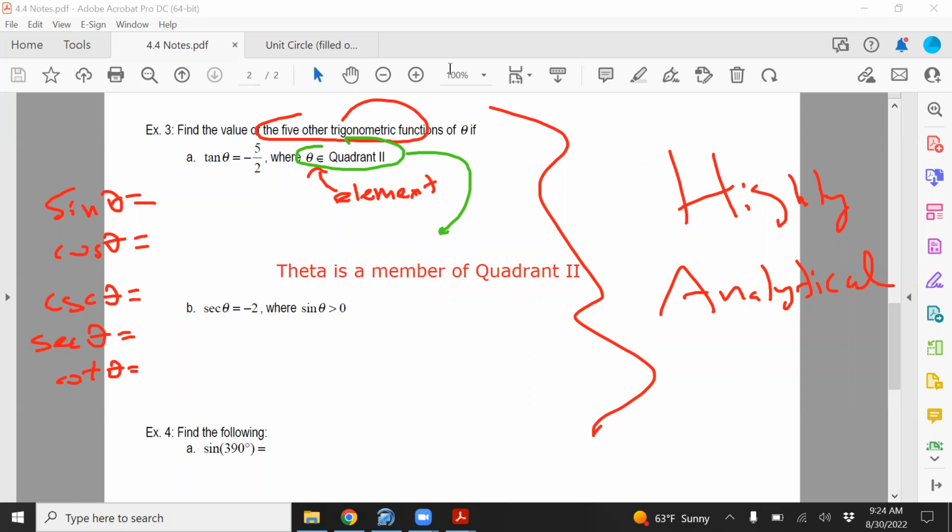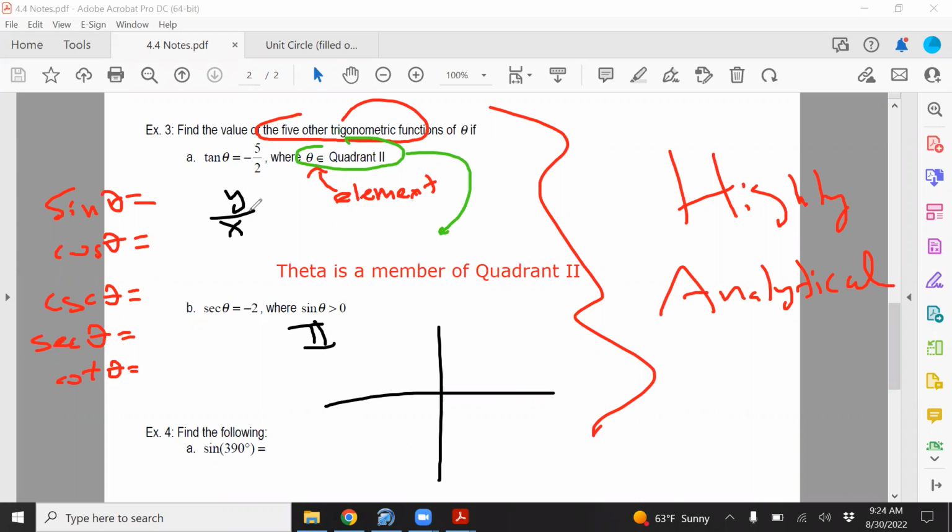So what I'm going to do is draw. All right, here we go. Oh, no good, let's try again. Okay, so you're in quadrant 2, and the tangent is -5 halves. Remember, this is y over x. We know tangent is y over x. If I'm in the second quadrant,